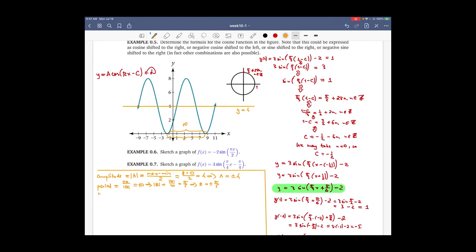So, because the midline is at the line y equals 4, we see that d equals 4. But if we try the graph of, say, if we try the function y equals -4 cosine of pi over 5 x plus 4,